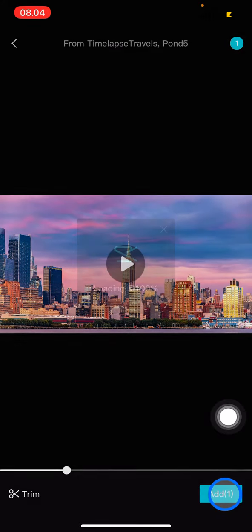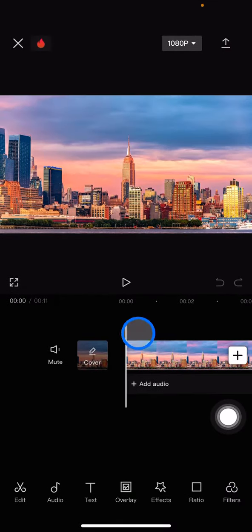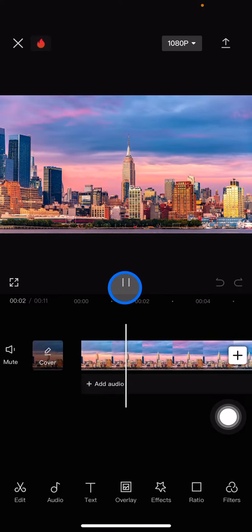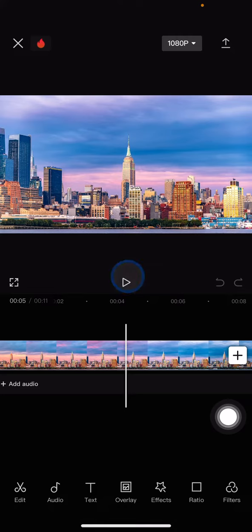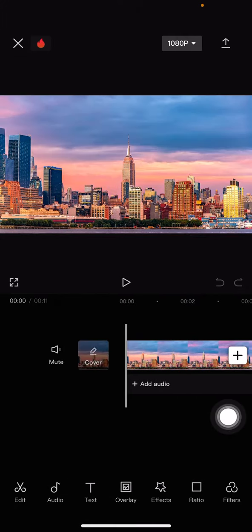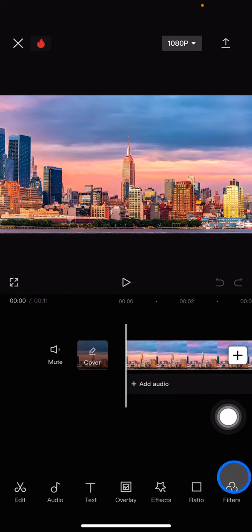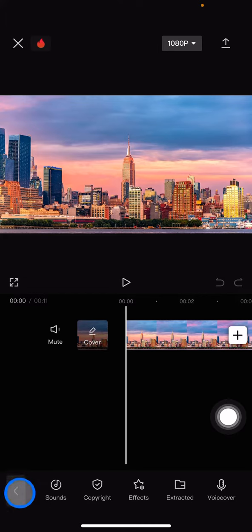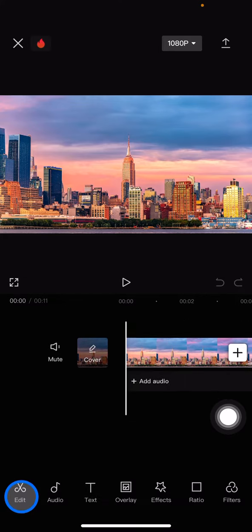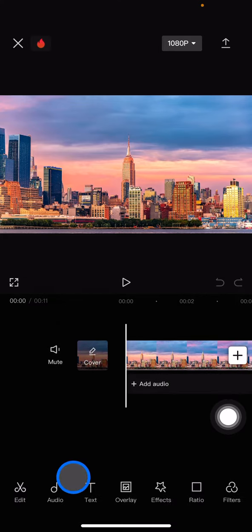you just need to click this add button. And now you already have a project as well as the video, and now you are ready to start editing. To start editing the video, you just need to use all of the features and tools provided by CapCut down here. You just need to explore by clicking every part of it and find out what you need to edit this video. So that's the way how to create an